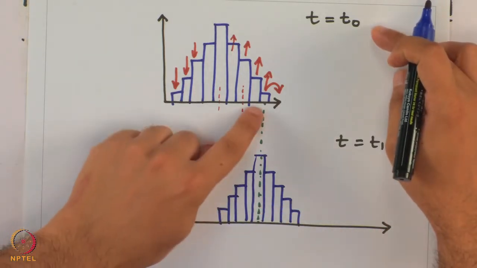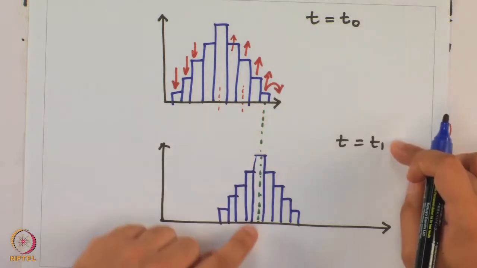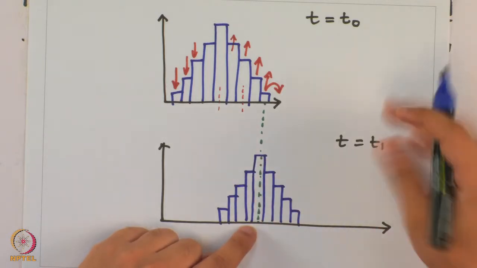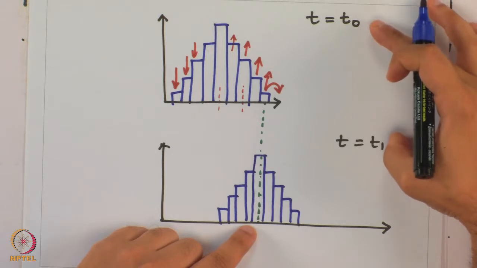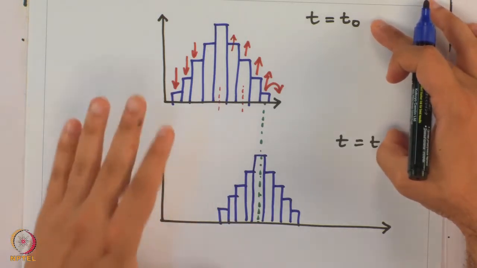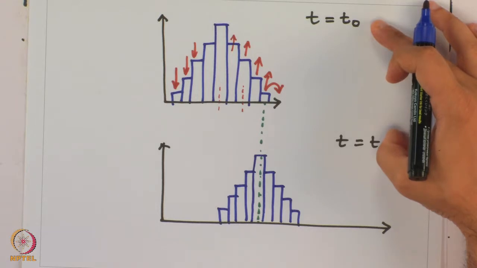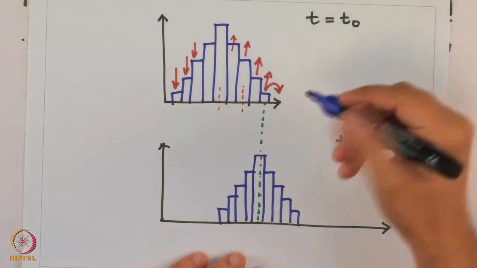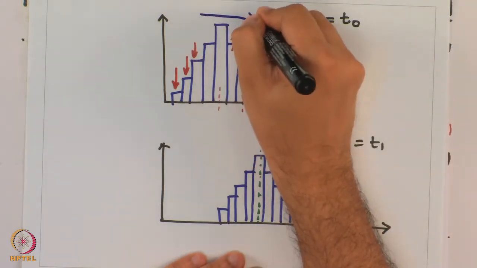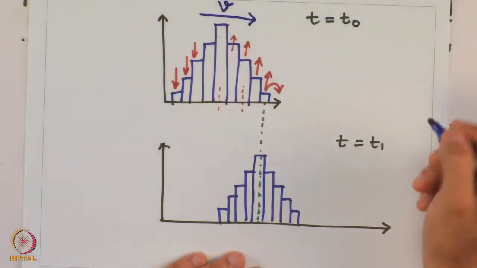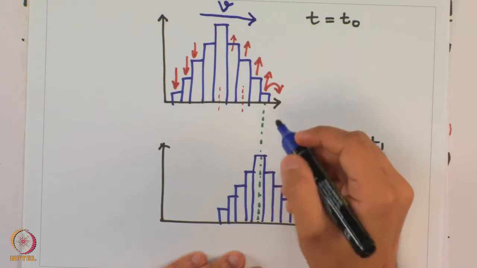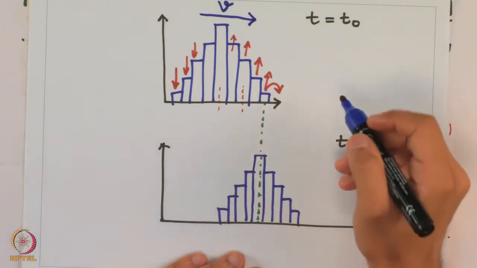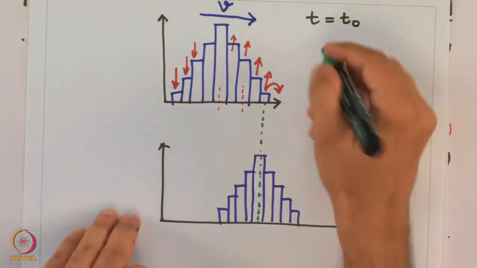At t equal to 0, this particular genotype was the leading edge. At t equal to t1, the same genotype is now the most frequent genotype in the culture. And we are interested in how much time has passed between these two distinct snapshots of the population that I have. And one way to look at the approach that we are going to take is that since the wave is, our assumption is that this wave is moving at a constant speed v, and we have already calculated that the time it takes for the leading edge to no longer be the leading edge is equal to tau. So, we are going to use this result that time